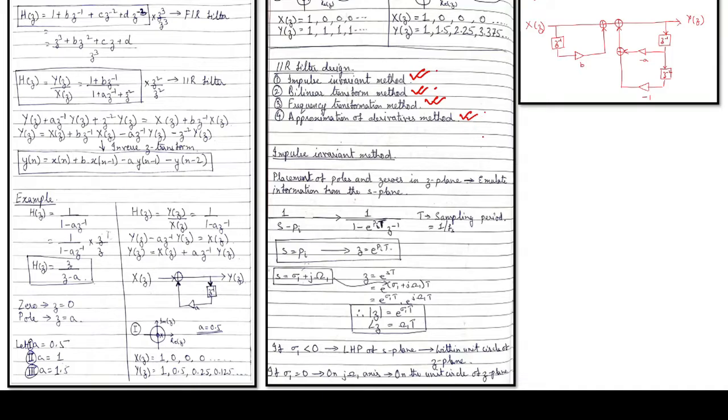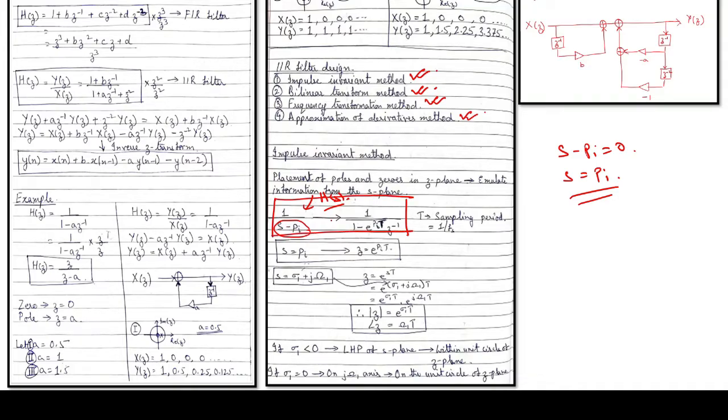Okay. So coming to the impulse invariant method, what it says is that we have a pole at s minus p_i. If you look into this H(s) transfer function, where is the pole? The pole would be at s minus p_i equal to 0. So at s equal to p_i, we will be having the pole in the analog domain. What it says is that for every pole in the analog domain, we will be mapping a pole in the digital domain. And how will we do that? We will be using this equation